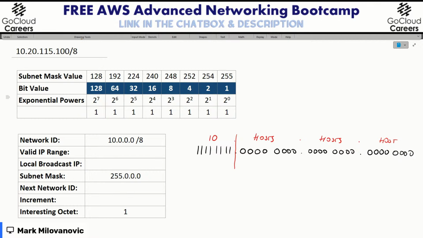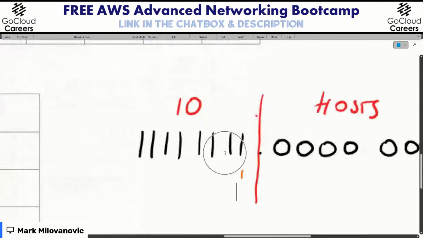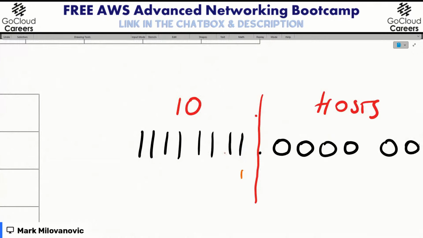So let me show you guys how we would do this. So I'm going to take this table in regard. From right to left, my first position is 1. And let me zoom in a little bit so that you guys can see it. Okay, so my first position is 1. And remember, in binary, we're doing multiplications by 2. My next one is 2. Then I'm going to 4, 8, 16, 32, 64, and then finally 128.